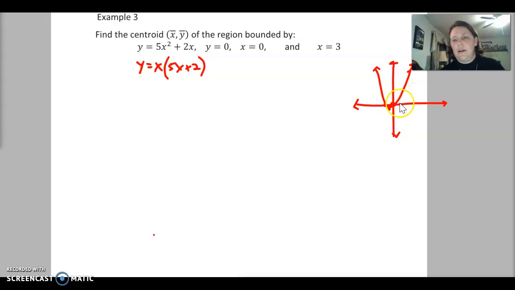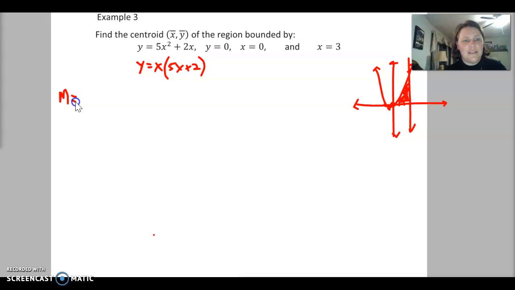And then we're going to go out till x equals 3. Not really to scale, but we get the idea. So this is the area of the lamina that we want to find. So we want to find the center of mass of that area right there. So first of all, to find